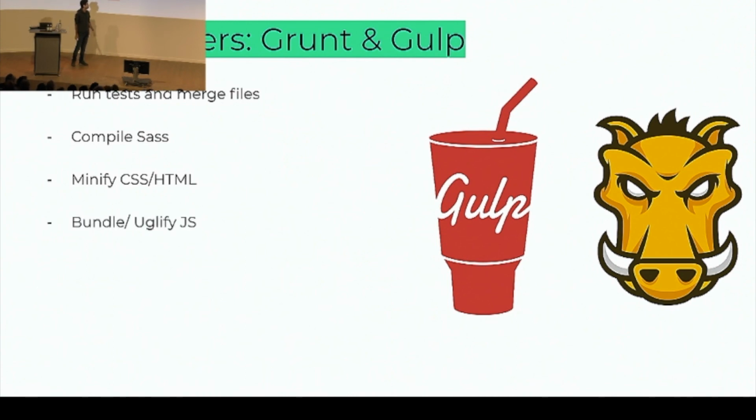Gulp was much better than Grunt because Grunt was a really basic tool. It was template based. It wasn't using something like Node.js streams, and it was following a strict convention for JSON configs. But Gulp made it much easier, so you could programmatically define your tasks and do whatever you want. It's also interesting that the popular Laravel framework was also introduced around these years, and one of its advantages was integrating Gulp into its build system. So you could write a good backend and also bundle your JavaScript files with an easy tool. But very